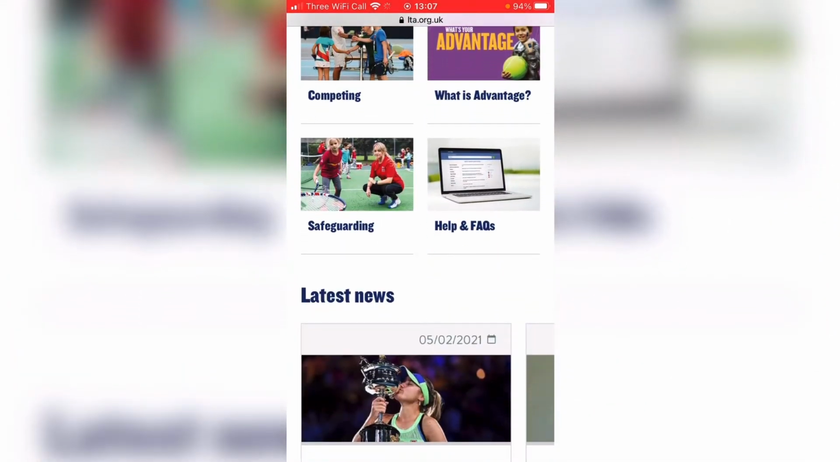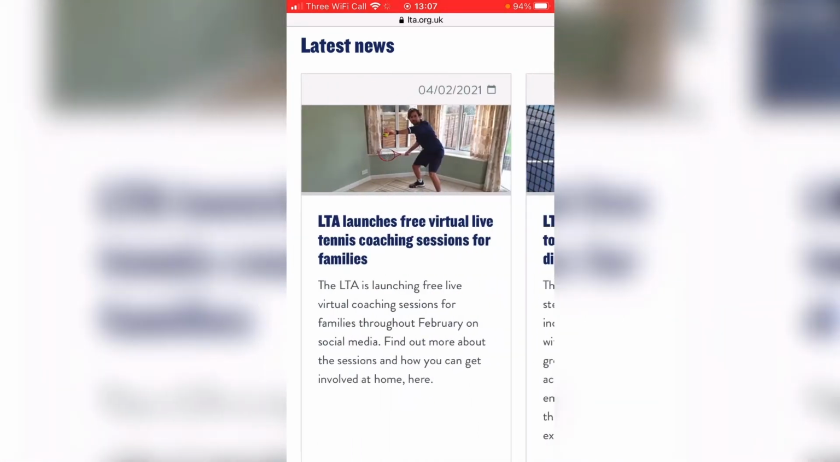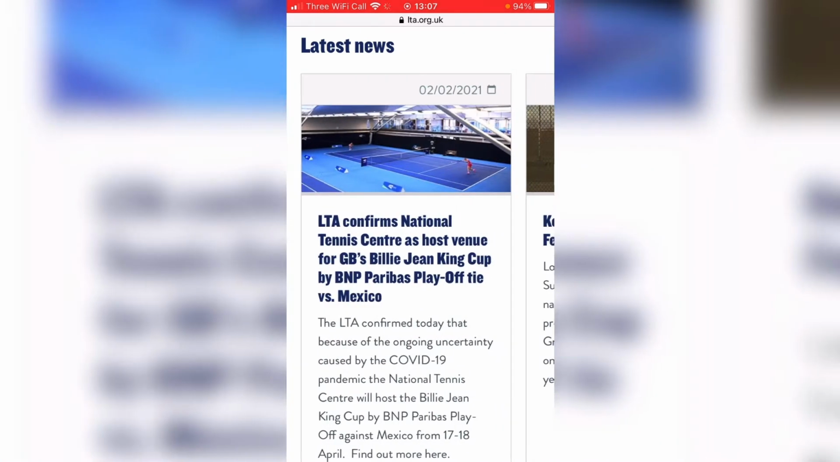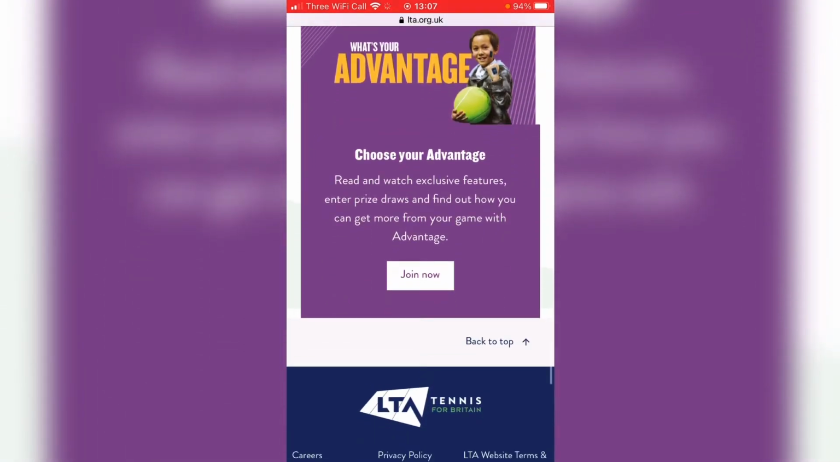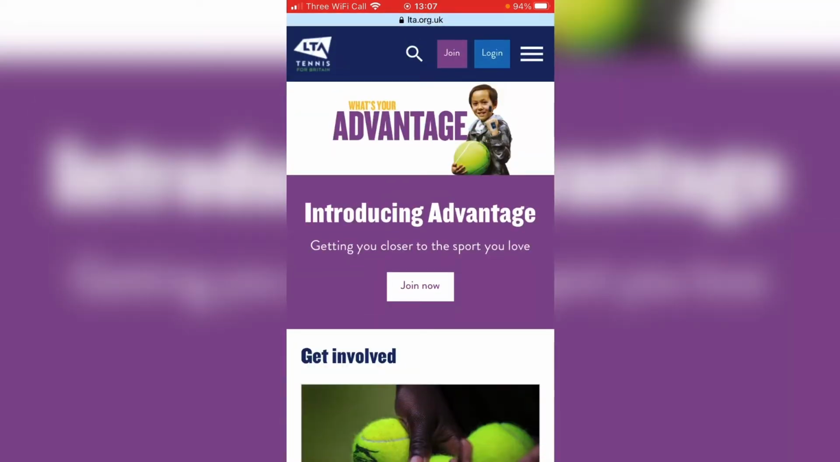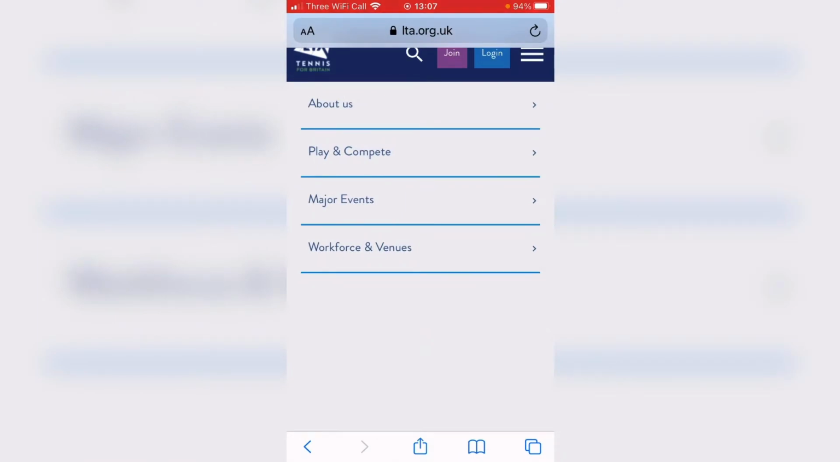There's a few different sections here. A latest news section at the bottom that you can swipe through very easily. And more information about the Advantage program, which is just out now, about the tennis membership with the LTA. The areas that I want to go through are the navigation areas, and the first one will be About Us